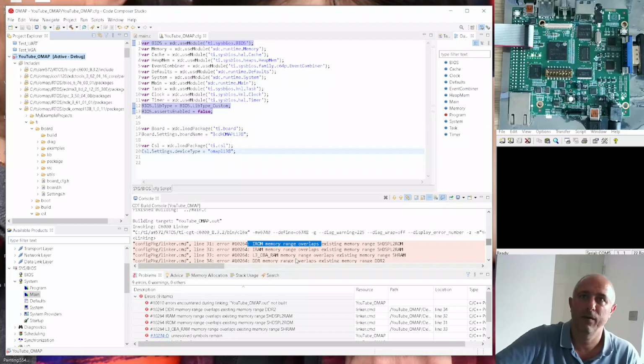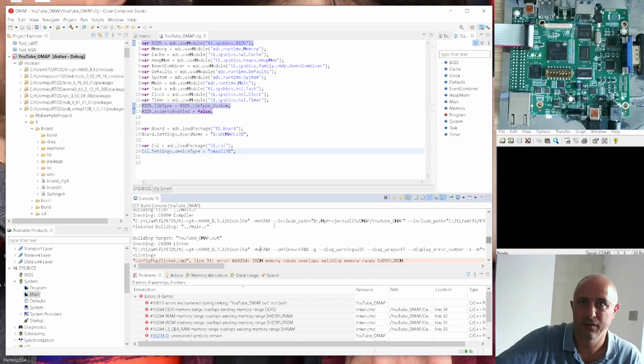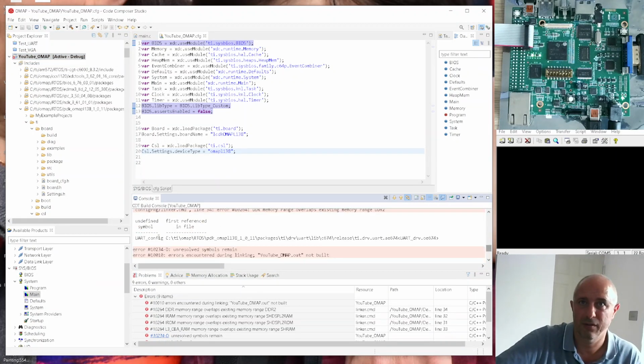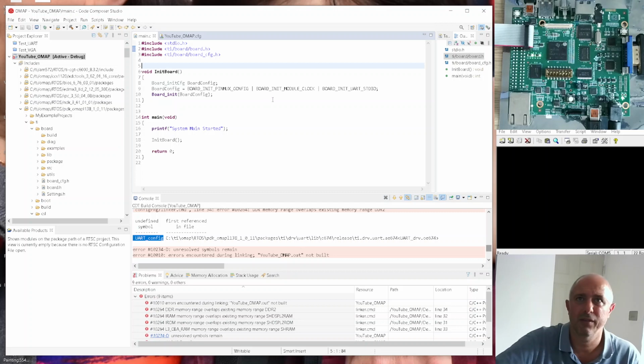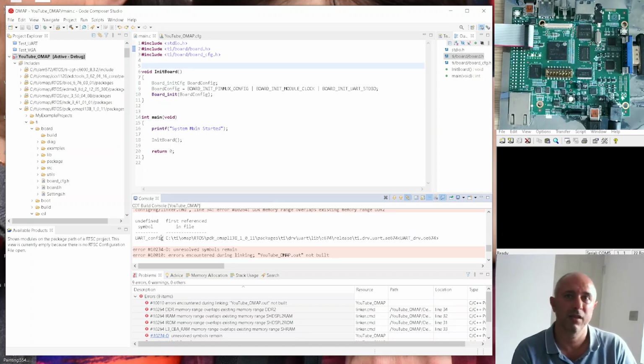The other problem I just saw is another thing. Where has it gone? There's another complaint about this guy, UART config here. So UART config, are we using that? I thought we did. I don't think we'd use that. Yeah, we didn't use UART config. But it looks like the UART is referencing it for some reason, so it needs that at some point. So what we're going to do, we're going to tell the system, let's load up the UART drivers anyway. So going back into here,